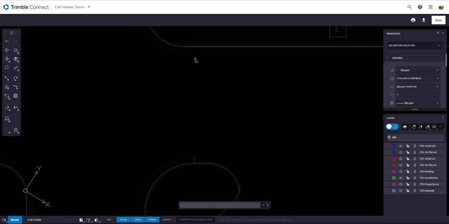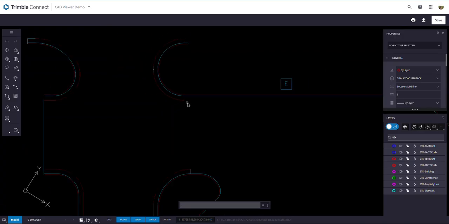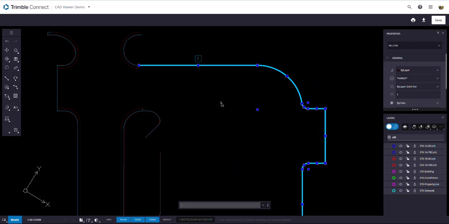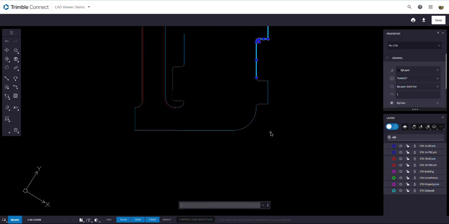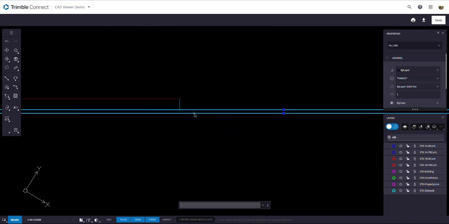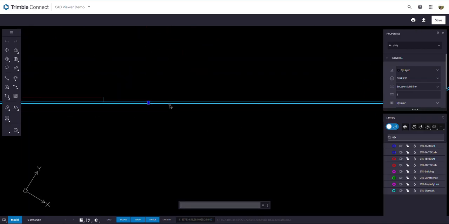So our 1A curb starts here, and you can see there's already a break in those lines, so that's fine. So let's start by just doing a crossing window. So I'm going to left click and drag a crossing window across those objects. And then I'm going to do the same thing down here. Now, notice that this goes all the way through, and in here we've got our 1B curbing, and this is our 1A curbing. So what I'm going to do is hold my control key down,